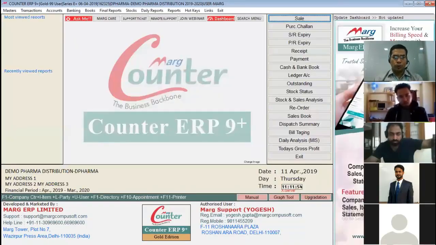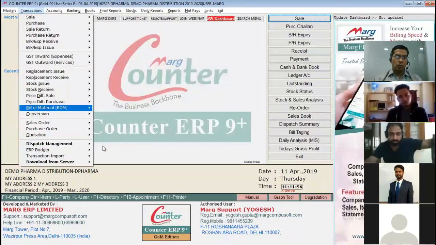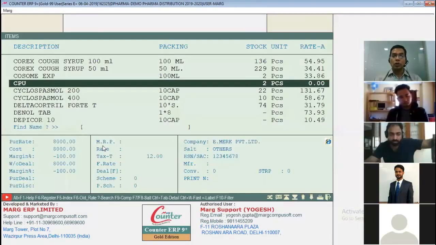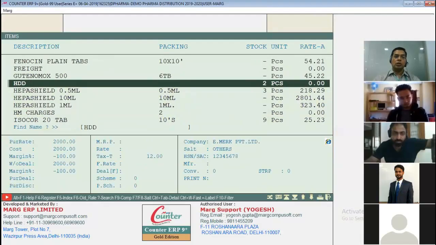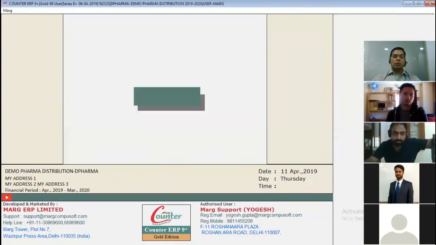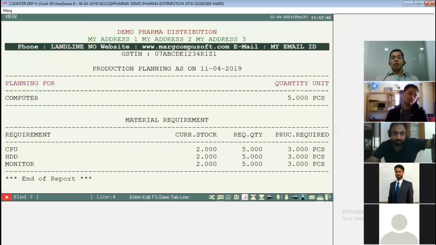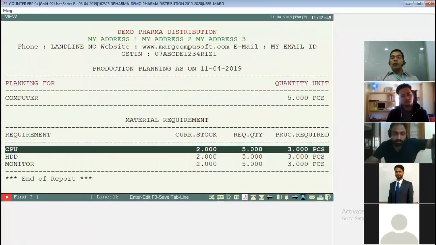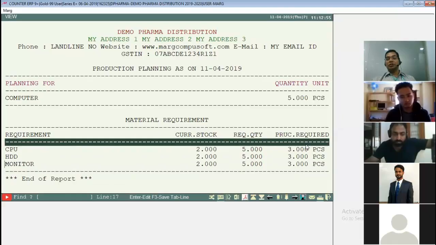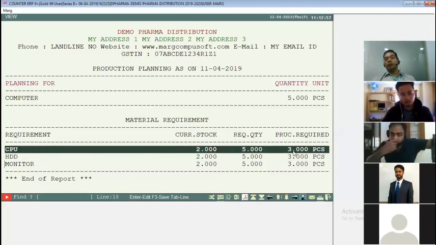I can show you 2 reports also. Go to transaction, go to BOM, then production planning. Suppose from current stock, I say... Lo sir. It is showing me you have current stock 222 in your godown, not production. You require 3 to purchase. So I can do some production planning also.